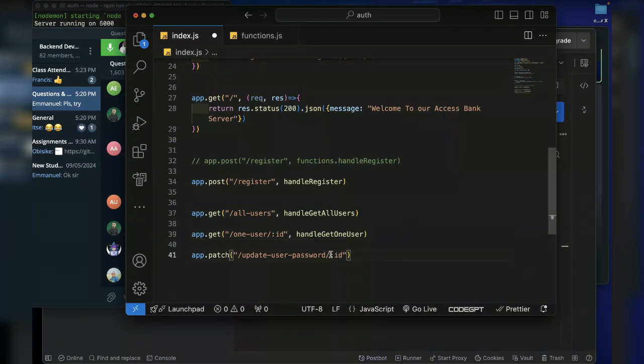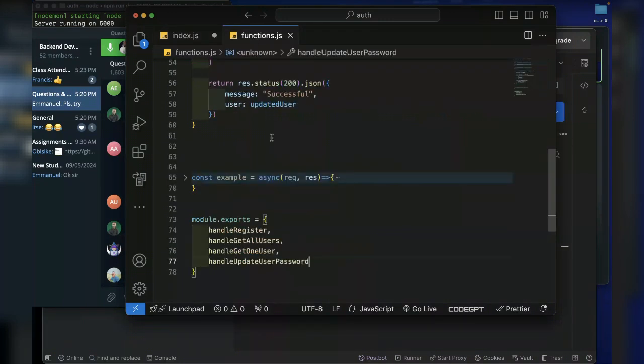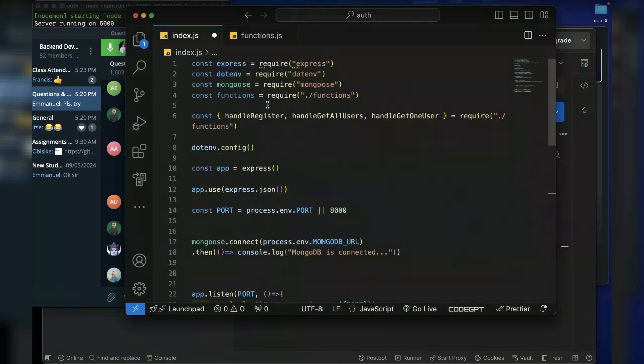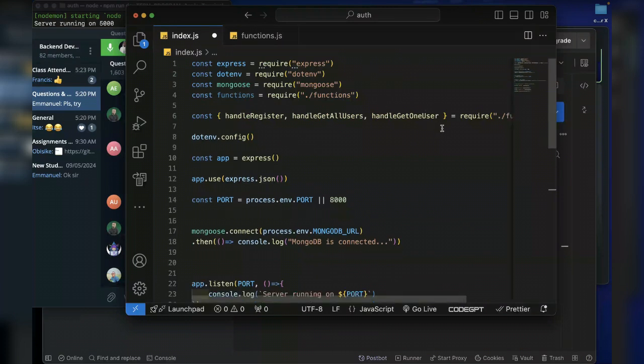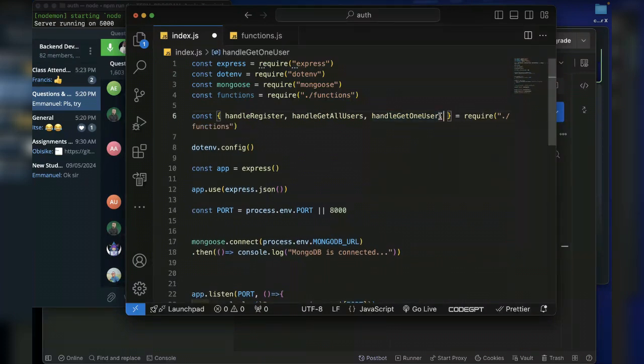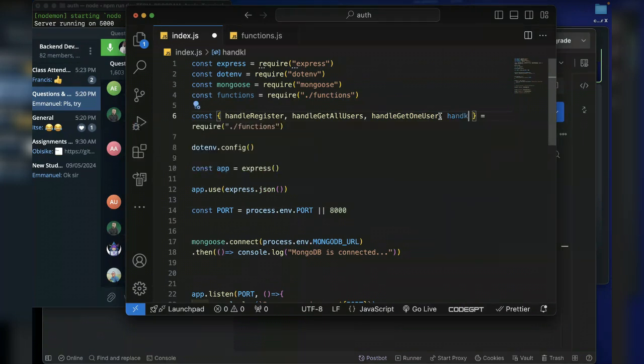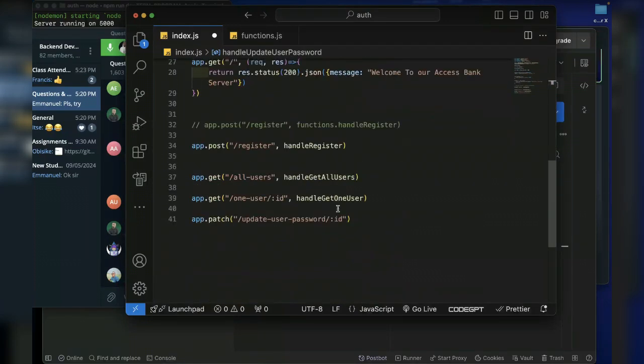So this is my endpoint, update user password and the ID, because the function is expecting an ID. Okay. So make sure you are importing the function handle update user password here, and then add it to the endpoint here